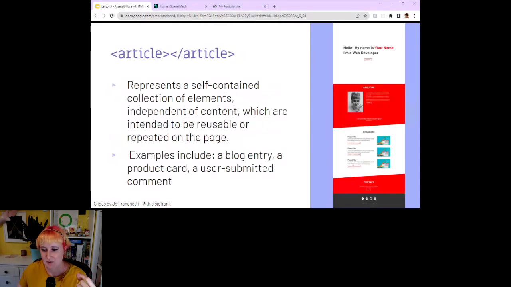The next element that we're going to look at is the article. So articles are used for repeating patterns of HTML. So a repeating collection of elements. You can think of it as less like a newspaper article and more like a